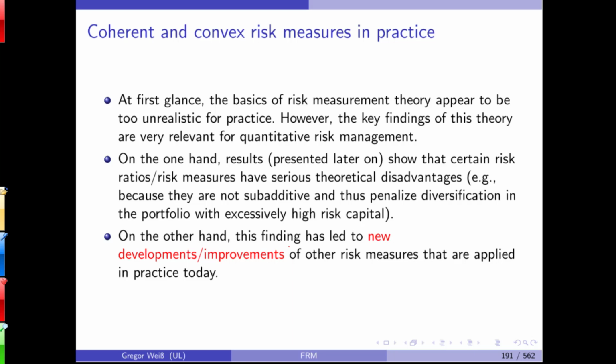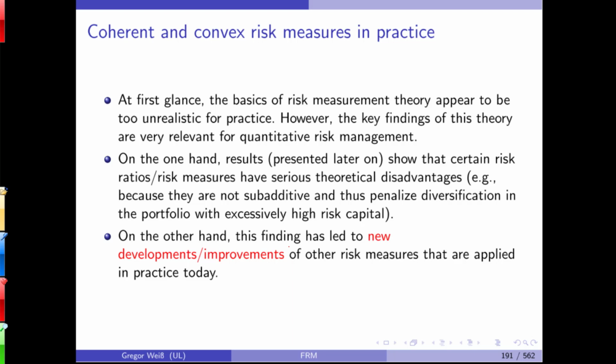Why do we need this? First of all, it was the first time in 2000 or 99 that someone looked at different risk metrics and risk measures from a theoretical point of view. Before that, everyone just used his or her own risk metric, and there was no way to tell which metric had an advantage over another one. The nice thing is also that it combines results from mathematics and this economic idea of measuring risk by the needed risk capital to hedge an investment.